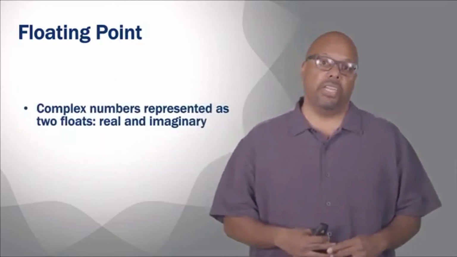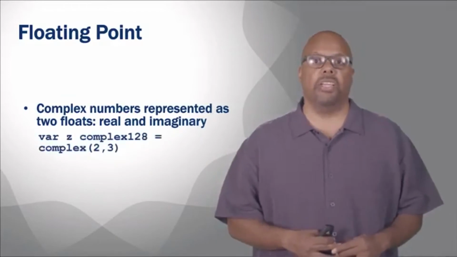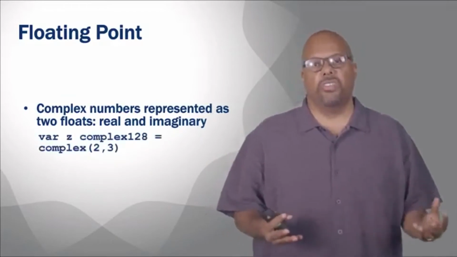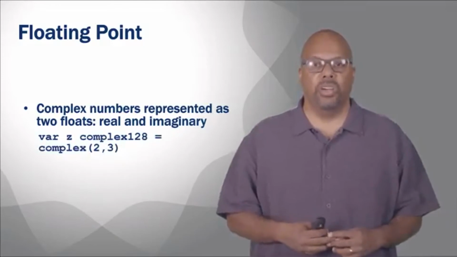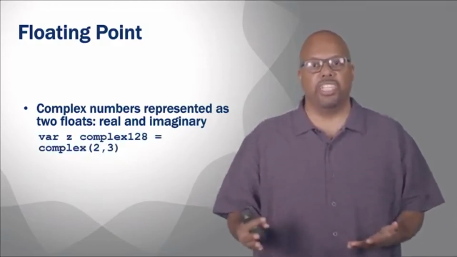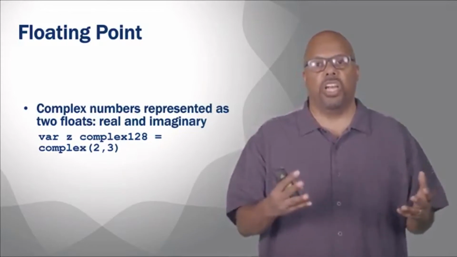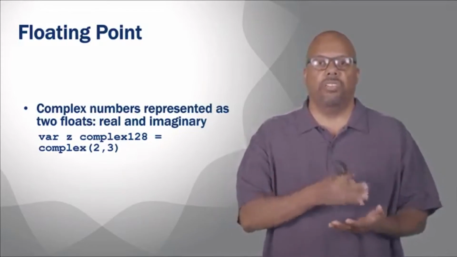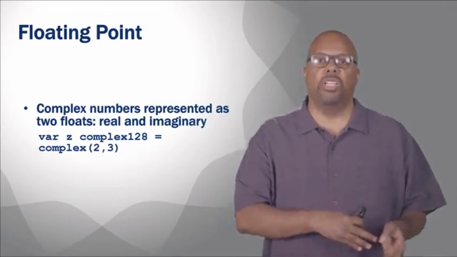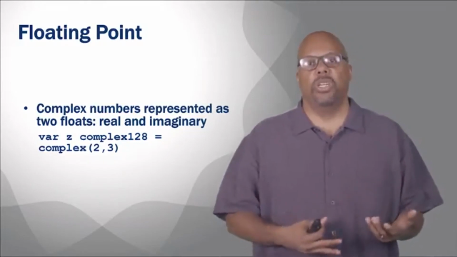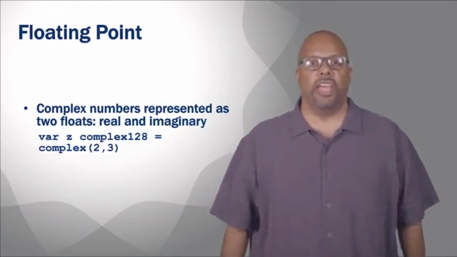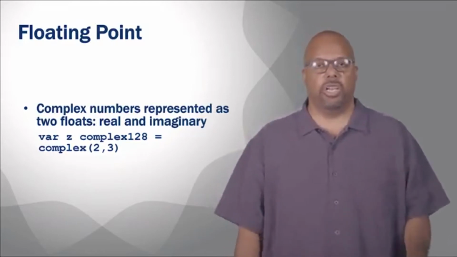Also, you can represent complex numbers, if you want to. If you remember complex numbers from high school or wherever you learned it, you've got the real part and the imaginary part. This is how you create a complex number. You use this complex function. You give it 2 arguments. The first number is the real part. The second number is the imaginary part. So 2 plus 3i would be that complex number if you're using complex.